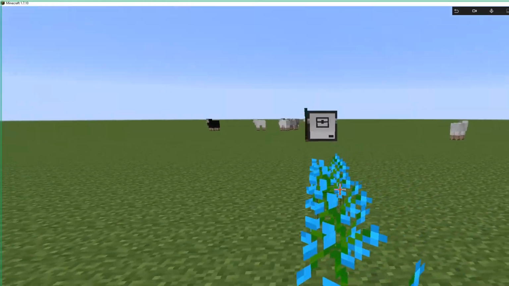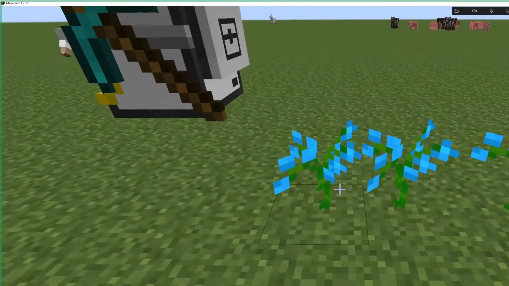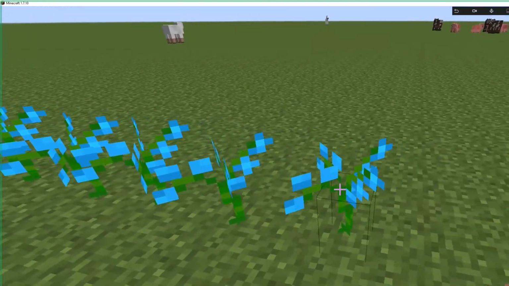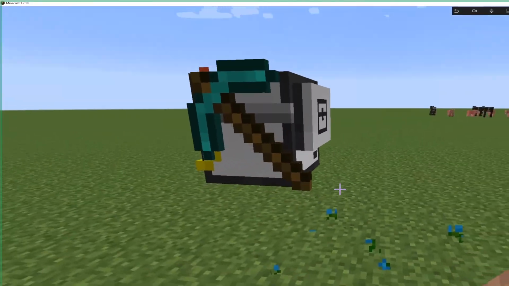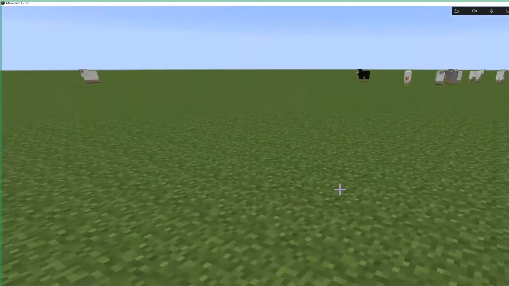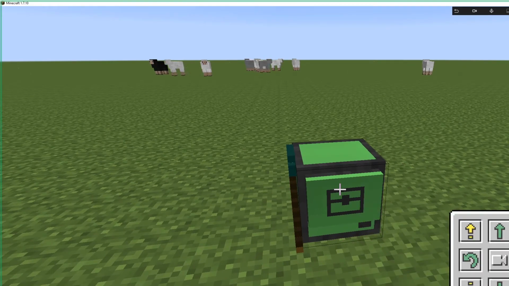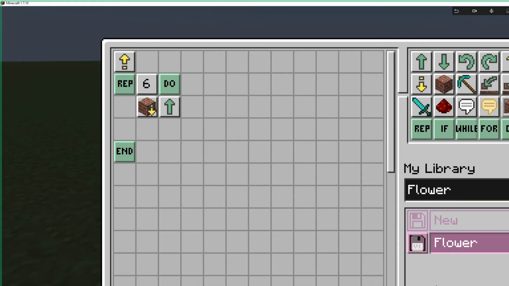So, you can see this turtle can place this flower on the ground, and 1, 2, 3, 4, 5, 6 flowers, I think. So all what I want, I can destroy my turtle, and I can use this turtle again. I can go to the inventory, make this turtle blue orchid here, and now I can make this program more